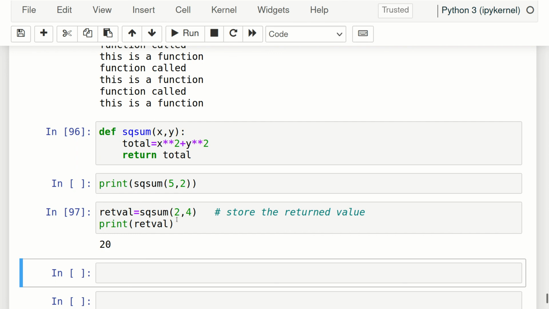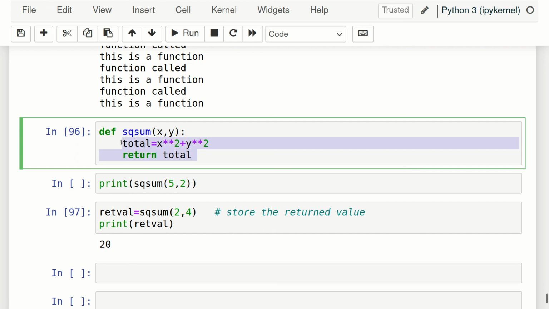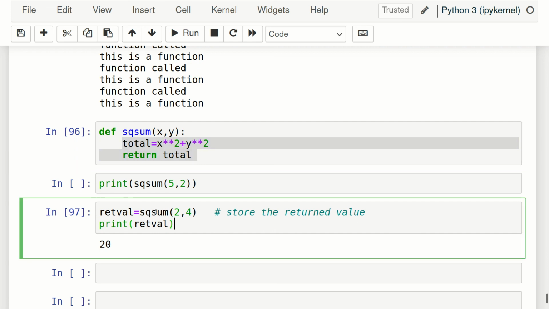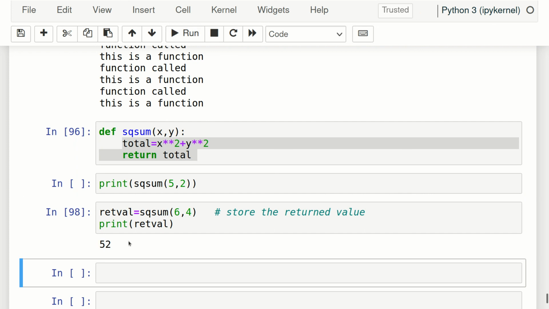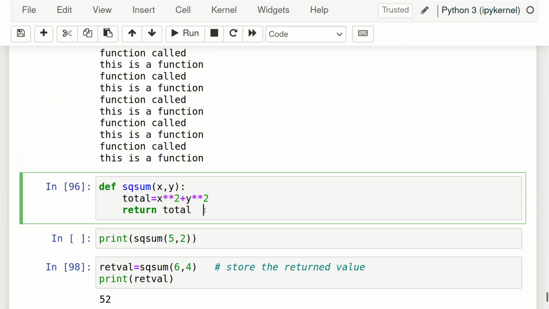Okay, so in this way we can write some useful task inside a function. We can call a function any number of times, and we can pass values. Similarly we can use other values, 6, 4, and then we can run it and get the sum of the squares of the 2 numbers. So in this way we can use functions to save our time. We can write some useful code inside a function, and if we have to do the same thing, suppose we have to find the sum of squares of 2 numbers, then we just call this function and it will do the task for you. Again we do not have to write the same code.